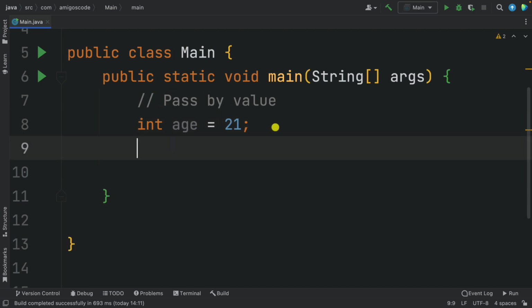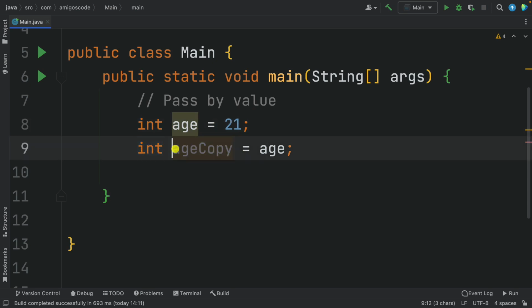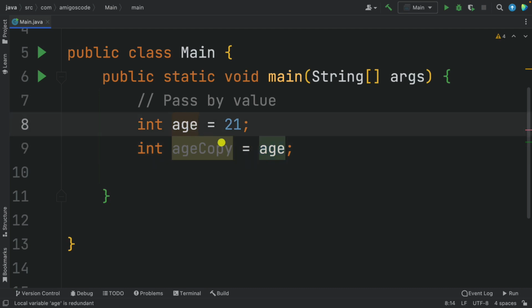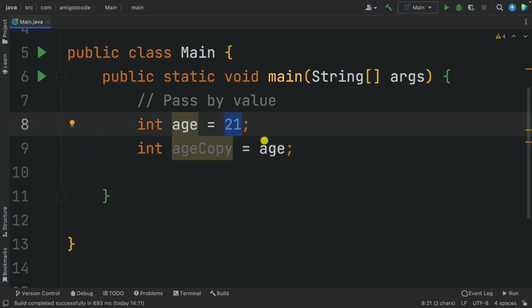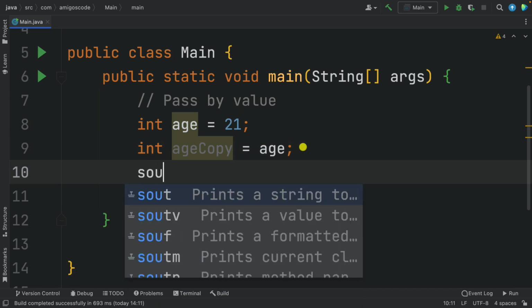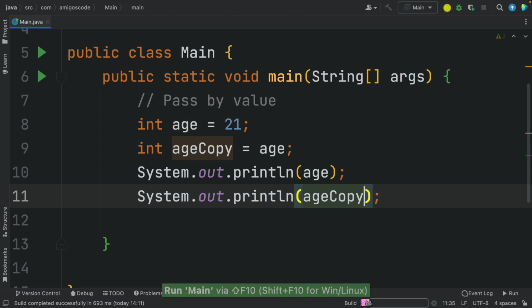So in here, if I have an integer and I'm going to say age copy equals to age, what's going to happen here is that this age right here is put onto the stack, and then we have int age copy equals to age, which is this other variable. Now what's going to happen is that this age copy will take a copy of this value in here into it. So if I print both ages, so age and the same for age copy, and run it, we should